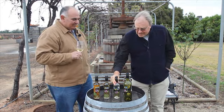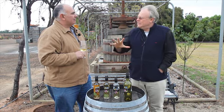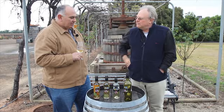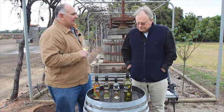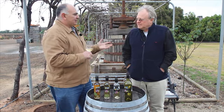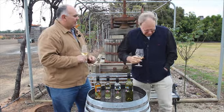Well, that's more the old-fashioned Aussie style too, isn't it? Before this region really promoted the Botrytis styles, that was what you got from not just here, but all sorts of places. Yes, it's just late harvest, just the ripeness you get from leaving the grapes on for as long as possible. The next step, of course, is the Botrytis,